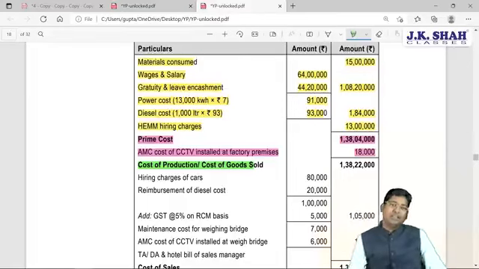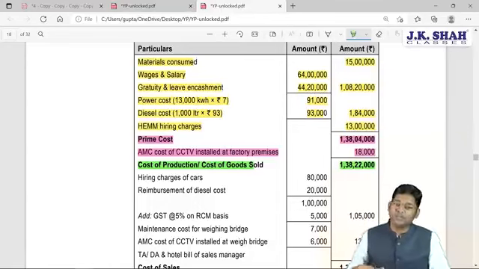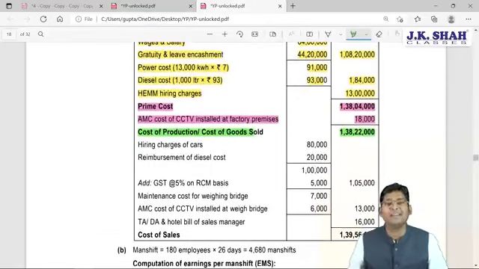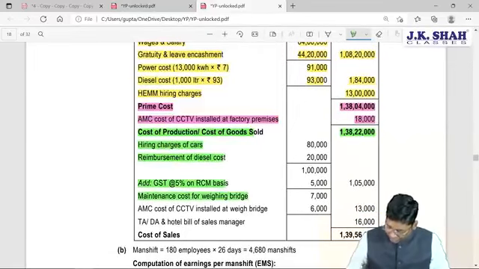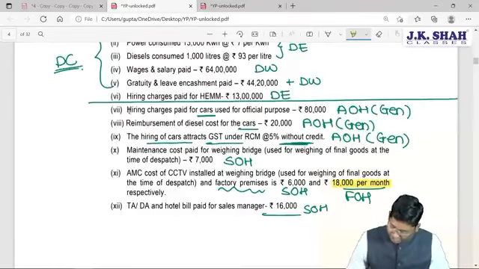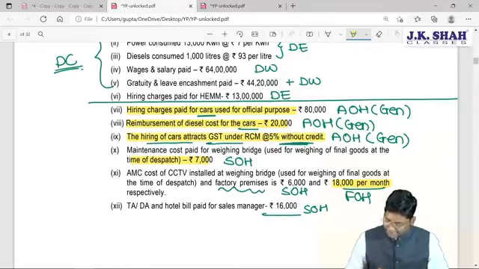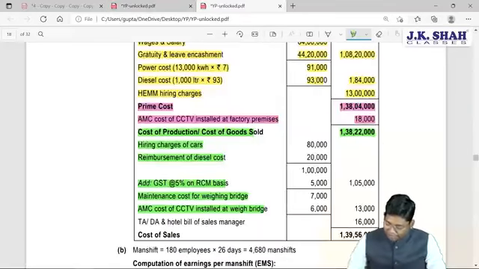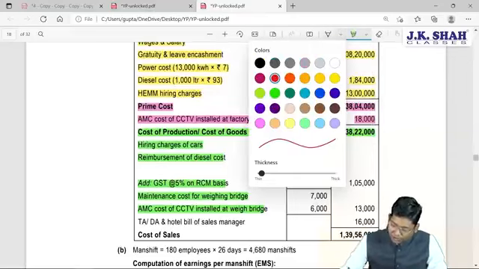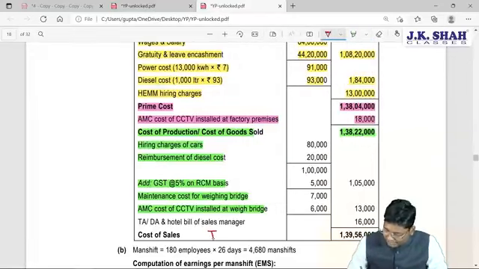After cost of production, we add opening stock of finished goods and we deduct closing stock of finished goods. They are also not given. That's why your cost of production and COGS are both the same. And after COGS, all remaining expenses which are related to administration and general as well as selling and distribution you need to record. So if you check, all the expenses which we have marked as administration and selling, they have recorded in systematic order, and finally TA, DA is also recorded. After recording everything, they have computed the total cost. Your total cost is also called cost of sales, and this cost of sales is given.